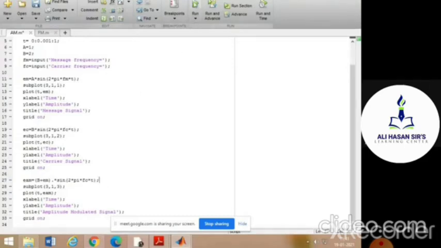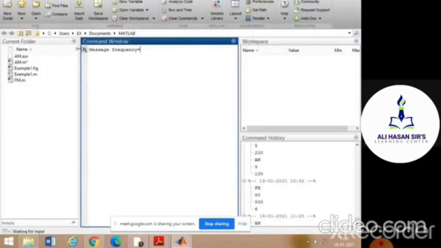So here you can see the value of Vm is 1, A is 1 and B is 2. That means here the Vm value is less than Vc. Then what output am I supposed to get? We will get the under modulation output. So here I have given the message frequency as 10 and the carrier frequency as 300. You have to remember one thing: the carrier signal frequency should be higher than the modulating frequency every time, because the carrier signal is a high frequency signal.